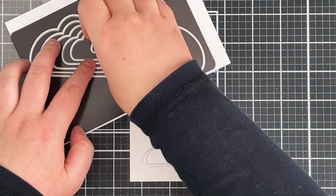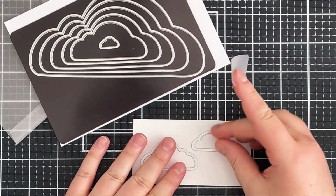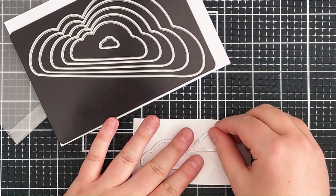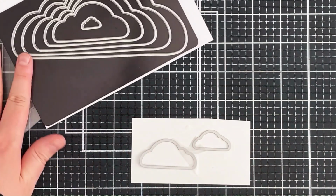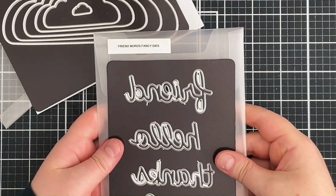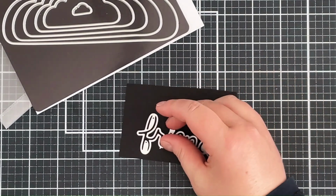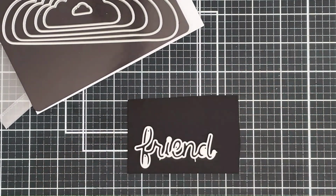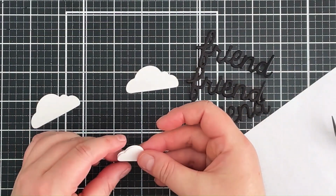So I'm taking the Nesting Cloudy Infinity dies and I'm die cutting those from some more Deluxe smooth white cardstock, holding them down with some low tack tape, and then I can run those through my die cutting machine. And while I'm doing the die cutting, I can bring in a panel of pitch black cardstock and I'm taking the Friend Words Fancy dies and I'm going to cut the word friend, and I'm going to cut that 3 times from that pitch black cardstock. So again, I can just hold that die down with some low tack tape